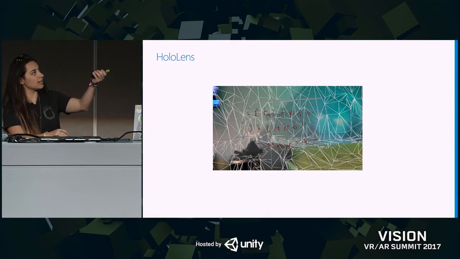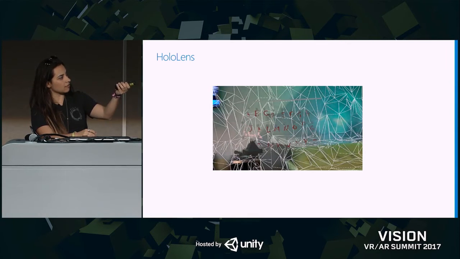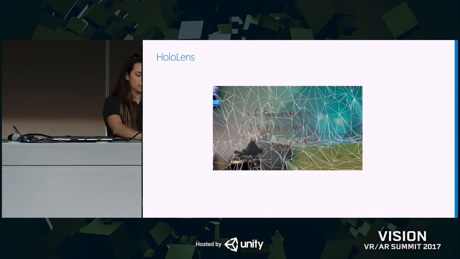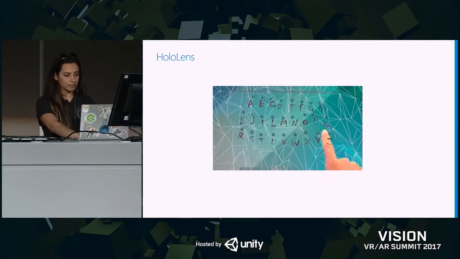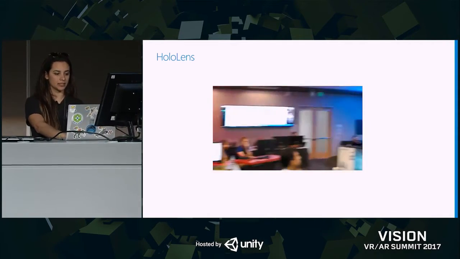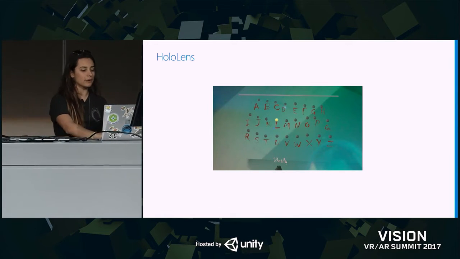Yeah. So you can kind of see how it's pushing that mesh onto the wall, and it's covering the couch. So I'm mapping out my environment, and the spatial mesh shows up. You can see the table. And I'm like, okay, I want to pin that to the wall. Look around, see how it's not following my gaze anymore. And now I'm going to write a message.